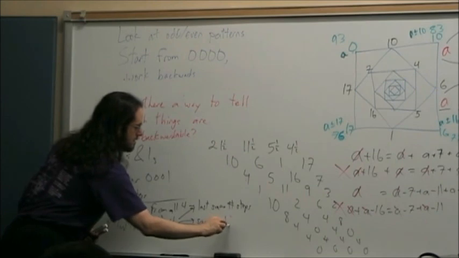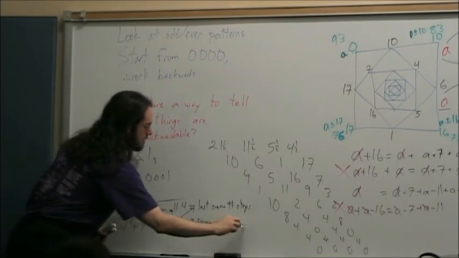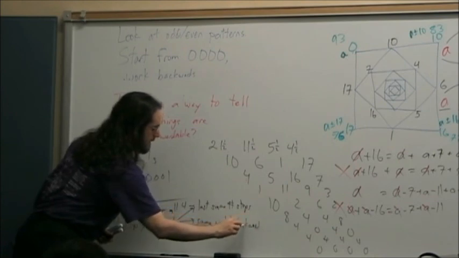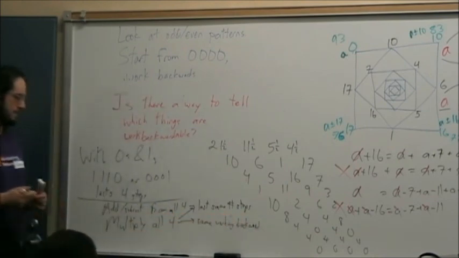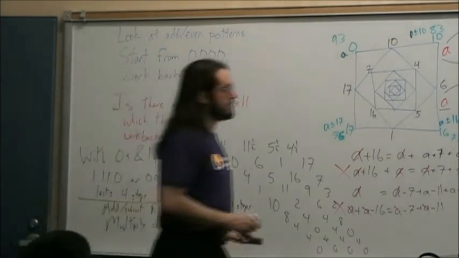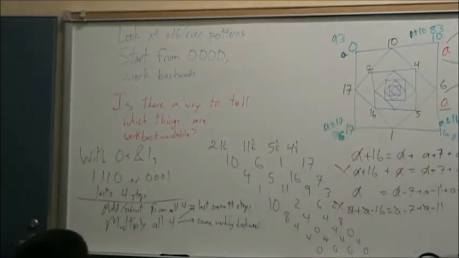Or more specifically, it's work backwardable if it was before multiplying. Okay, so maybe instead of 21.5, 11.5, 5.5, 4.5, we really want